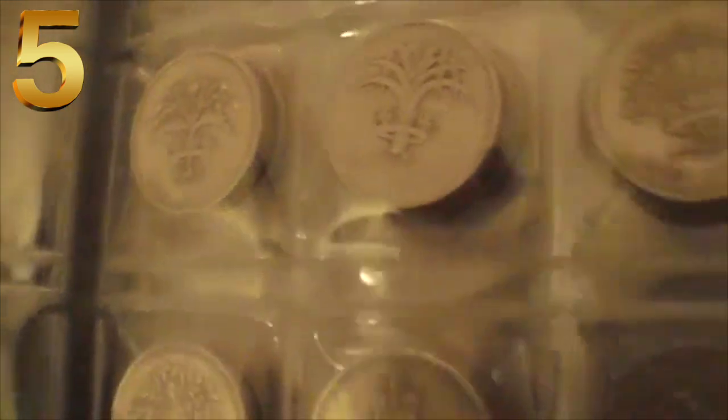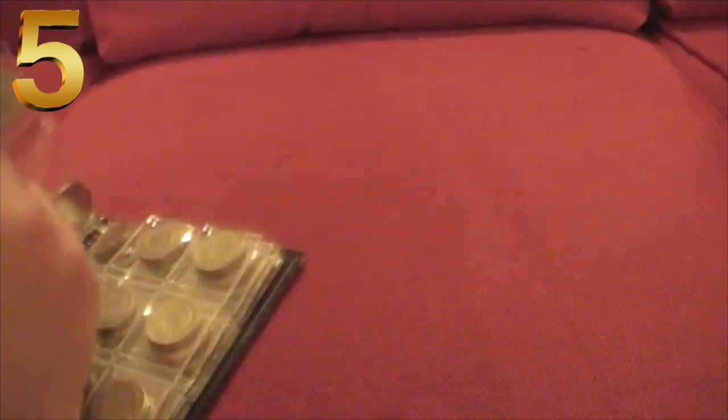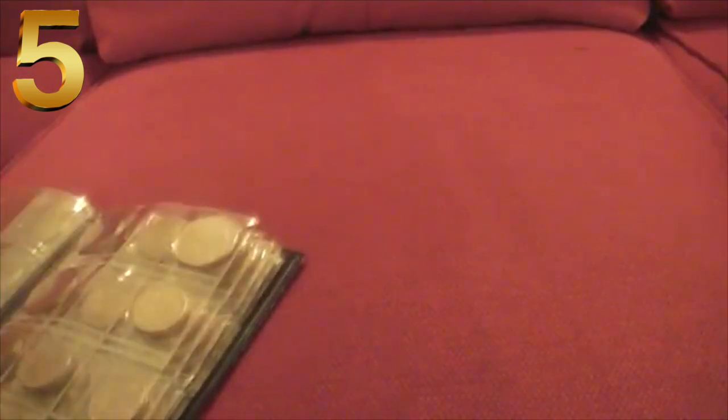Thistle, leek, flax, oak tree, £1. Flax and oak tree are slightly rarer, about 150 for them. Oak tree both years 150. Flax 150 for 91. But again, this is a good year. I only put good years that I can find in this collection. Flax, this one,